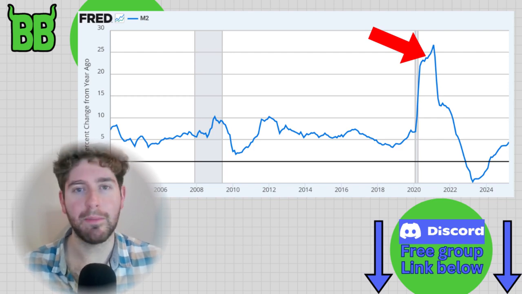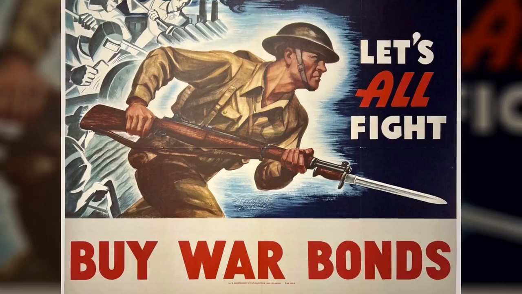And that goes all the way back to World War II, World War I. The government did not rely on money printing. What it did is it borrowed money from investors and from the public by selling Patriot bonds, American bonds. They got the money directly from people. They did not print to this extreme.